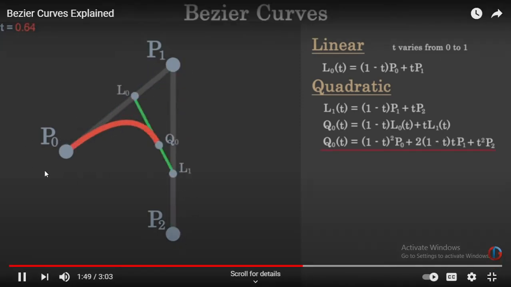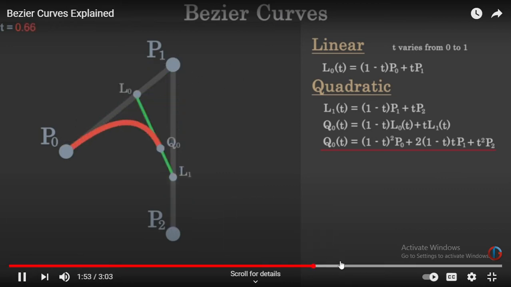Initially, when there are two data points, P0 and P1, and no control points, the straight line is our Bezier curve. But if we increase the number of data points to P0, P1, P2, that is, increase the number by 1, then this quadratic red curve will represent the Bezier curve. This P1 acts as a control point.